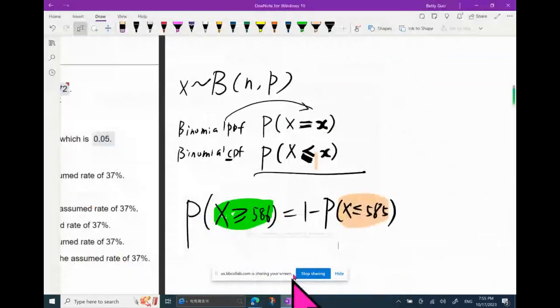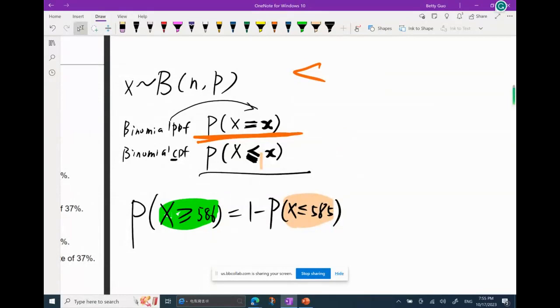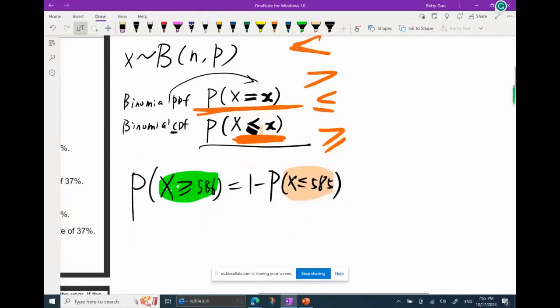The general rule is if you have this, you use PDF. If you have an inequality symbol, okay. So let me answer your question this way. If the probability you want to find is this or this or this or this, then you're going to figure out a way to write that probability in terms of this. So for example, suppose we are looking for X is